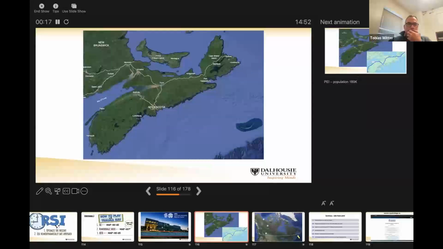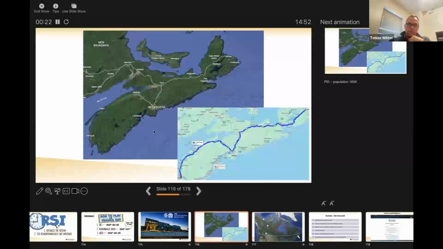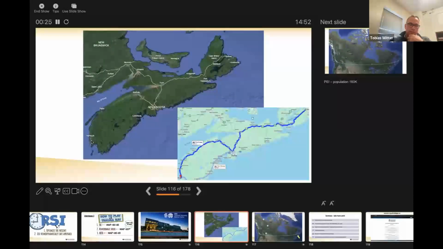What I mentioned earlier is Canada is a big country, and as I said, from the southern part here, Yarmouth to Sydney, it's about a 7-hour drive. It's about a 45-minute flight from Halifax to Sydney, and about 35 minutes from here to there. So what I'm saying is we don't have a high density of hospitals that can deal with that patient population. Ultimately, in that whole area, we have one hospital, which is here in Halifax, that deals with all of that. That is also true for PEI and parts of New Brunswick.